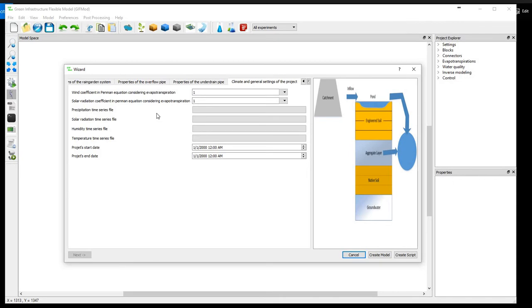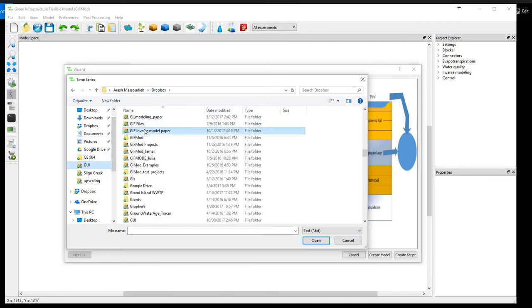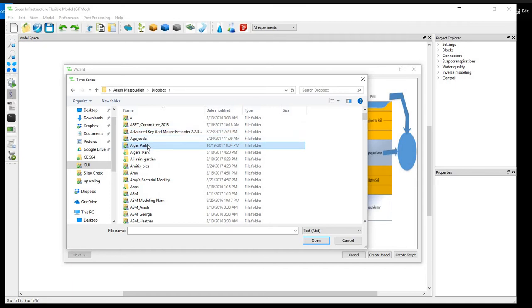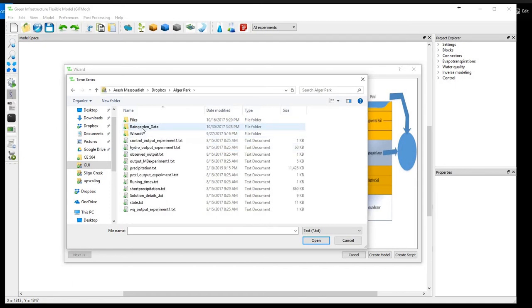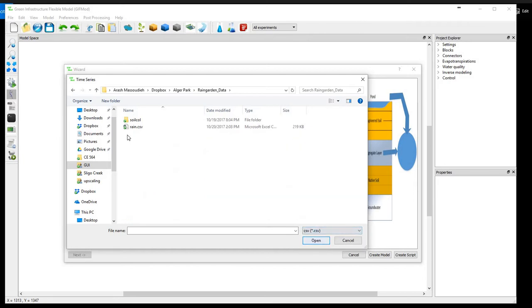Now we need the precipitation time series, so I'm going to click on this box right here, and it asks me to provide a data file containing the precipitation time series. I've prepared the precipitation time series before, which I'm going to use. Now I need to go somewhere where I've saved this. So, Raingarden data, and the format of my precipitation data is CSV. So I'm going to change this extension to CSV, and I'm going to click on the file called rain.csv